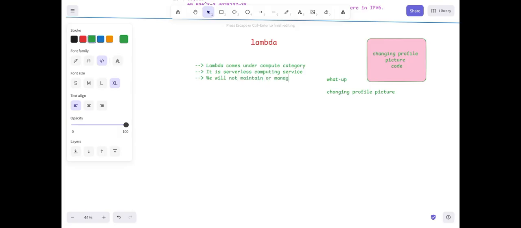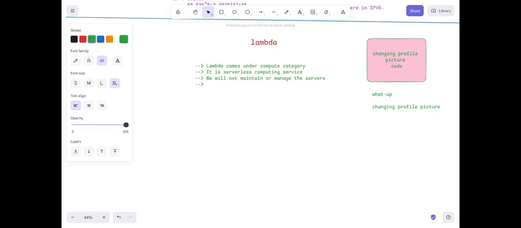Here we are not going to maintain and manage the servers. Then who will manage? If we have created it and we are not managing, then who is going to manage this?